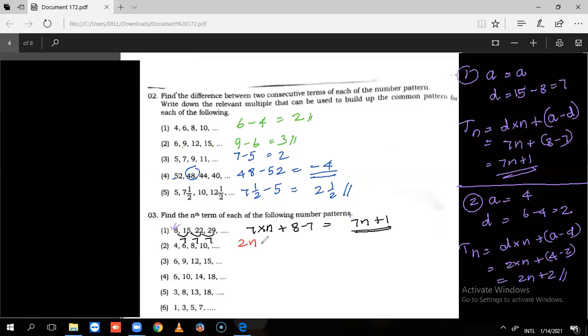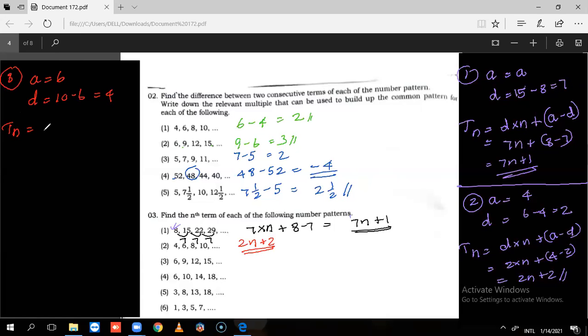2n plus 2. Hurry, it was the third one. I will do the third one here. First term, A equals 6. Common difference D equals 10 minus 6. That is 4. And we can write general term Tn equal